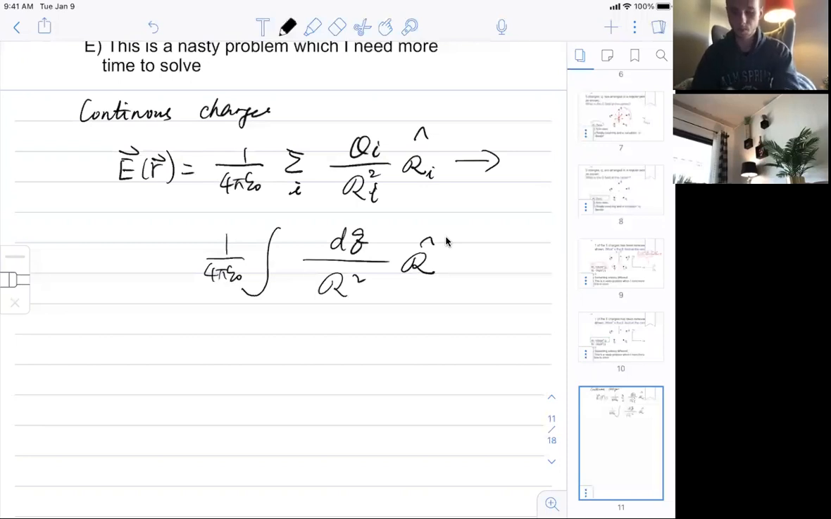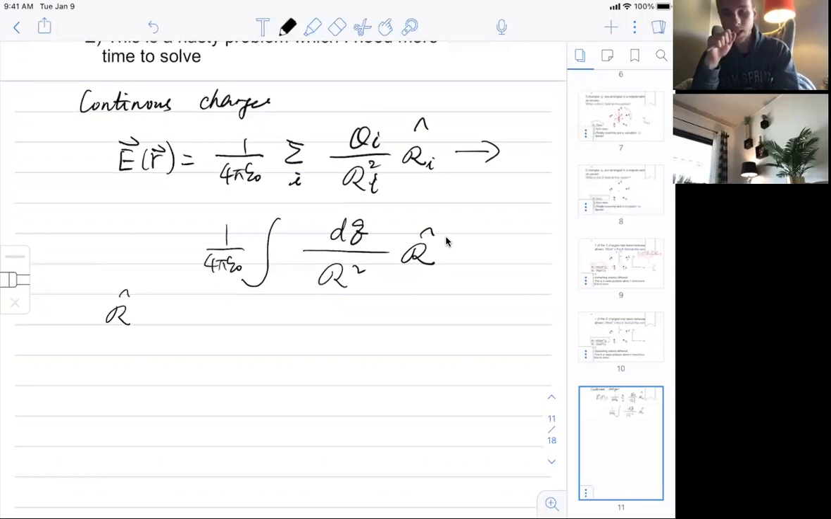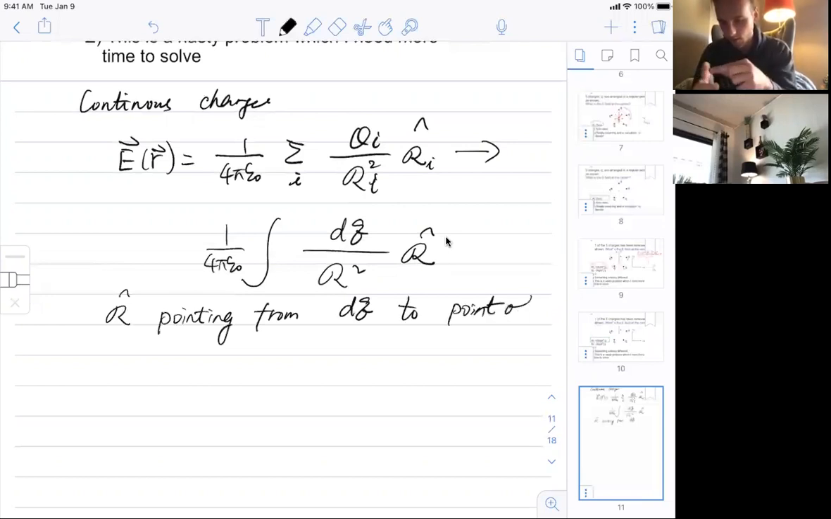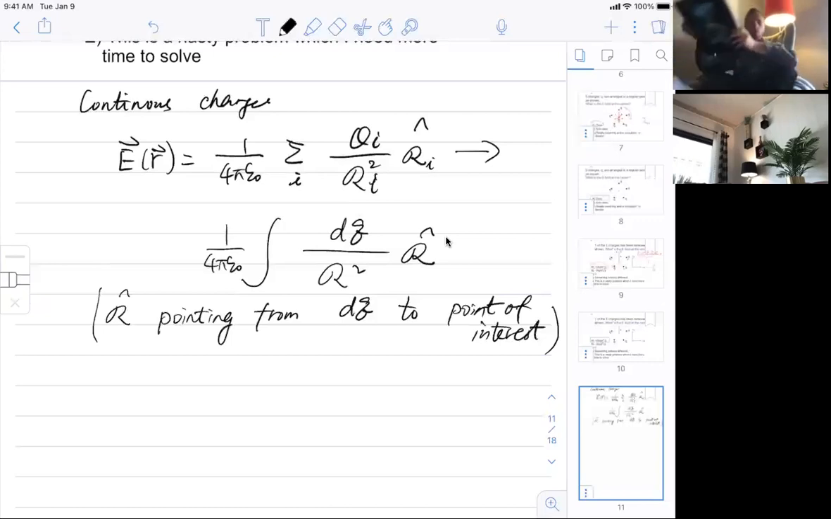So here, these little r hats are pointing from the source. Now, I have many sources. Each of them is a little chunk of charge dq, to the point that I'm interested in evaluating my E field. So that's my script R. Now, if I'm dealing with a three-dimensional charge, how do I write my dq? In 3D,